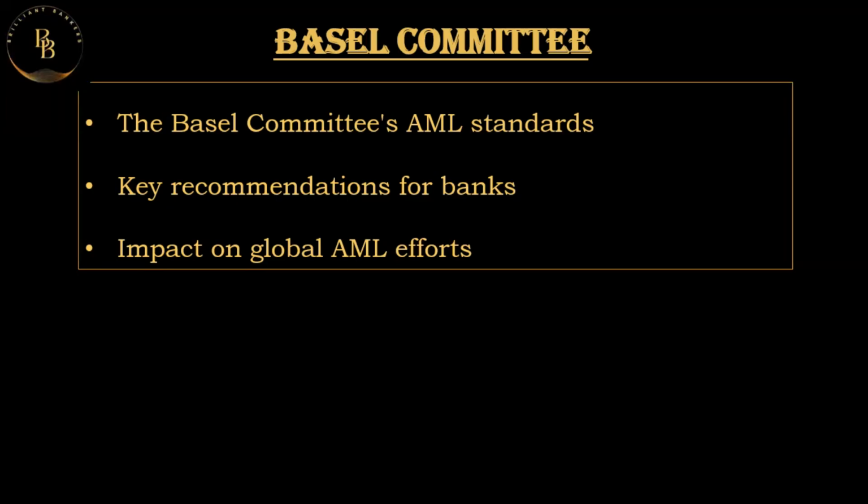And finally comes the compliance function and then the training and awareness. In the case of the compliance function, banks are required to establish a dedicated AML compliance function, including a compliance officer who is responsible for ensuring that the institution adheres to the AML laws and regulations. When we talk about the training and awareness, banks must ensure that their employees are adequately trained in AML laws and regulations, including how to identify and report these suspicious activities. Training should be updated regularly to reflect new trends and techniques that are being used in the money laundering process.